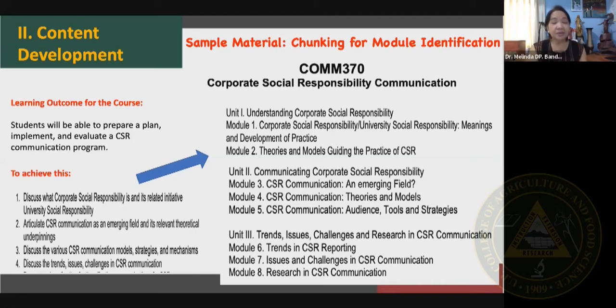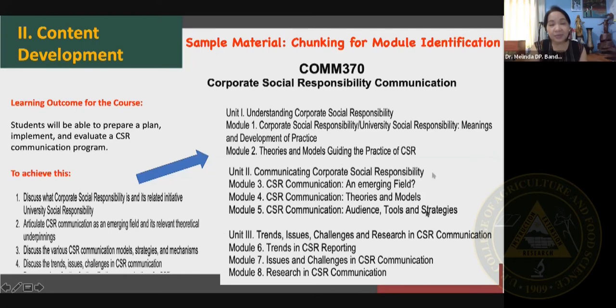And I put here, because I have noted and revised this as I continue to teach the course, that many of my students are connected or teaching in universities. So I also included, and this was a part of the original course outline, the university social responsibility. So articulate CSR communication, discuss the various CSR communication models, discuss the trends, issues, and so on. And then from there,